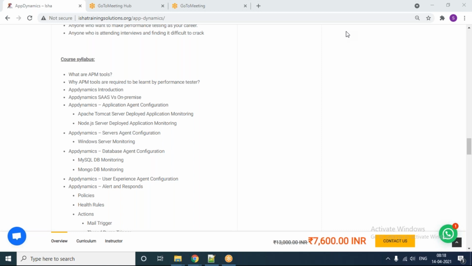Because of the user friendliness, and because you can identify the issues very quickly. Within 5 or 10 minutes, you can identify your performance bottleneck and easily go to the root level, where the issue is, without wasting any time. That is the main point. You're getting my point, right?